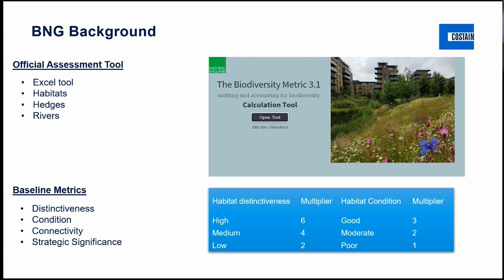So the units are recorded in an assessment tool, which is currently called the Biodiversity Metric 3.1, and that can be downloaded from Natural England's website, and it allows calculations of habitat, hedge, and river biodiversity units. So we have a number of metrics that we can use for the baseline to give us our units. So we essentially take each land parcel in hectares and times them by these metrics to give us our baseline